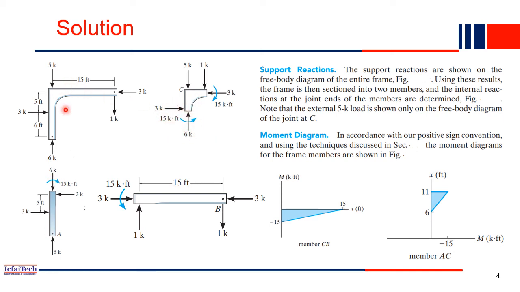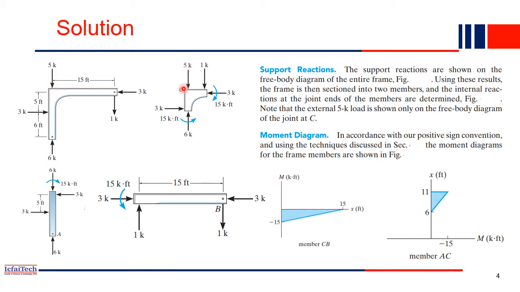We have taken a section here also, right? We have removed the beam also. I mean, we have taken a cut at the beam as well. So here also we have exposed all three internal forces: the horizontal force, the vertical force, and the moment. These three we have exposed. These three values we have noted down, and here one 5k is acting at this joint.